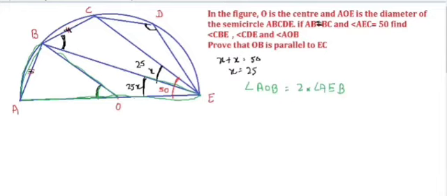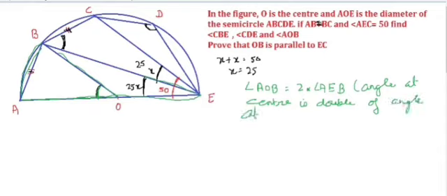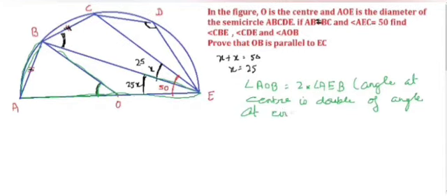So we know that angle at center is double of angle at circle. Now we can see here that if I am taking this triangle here,